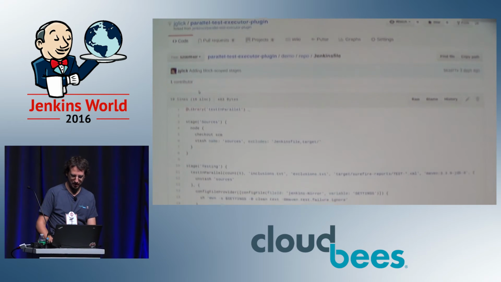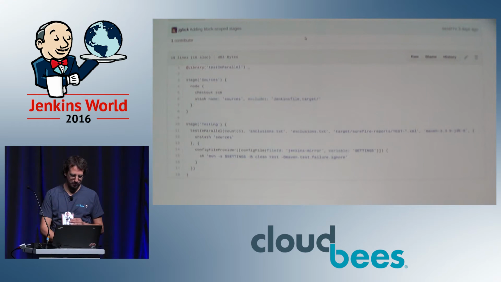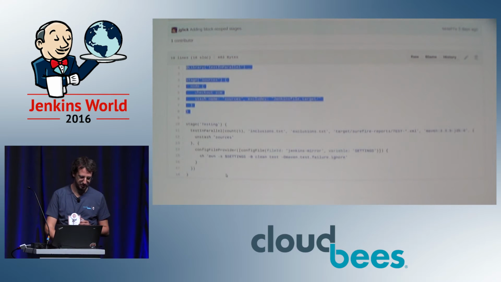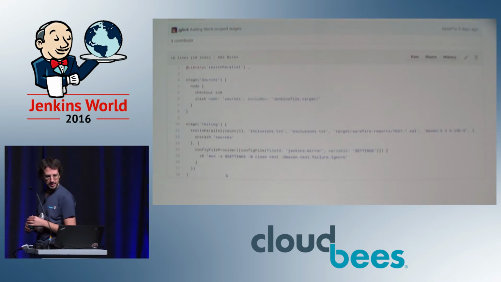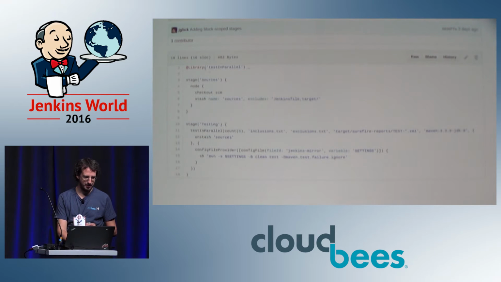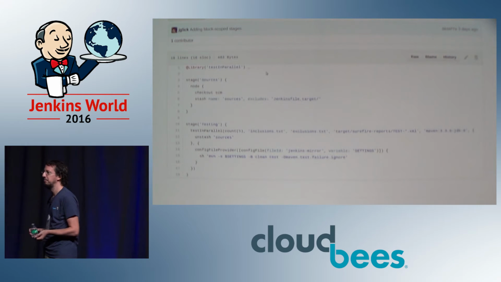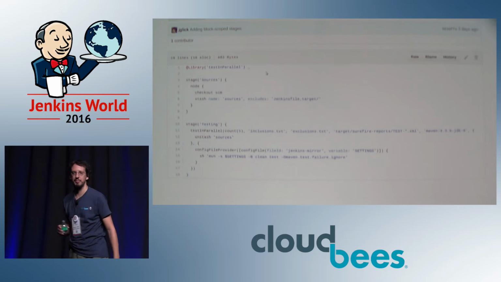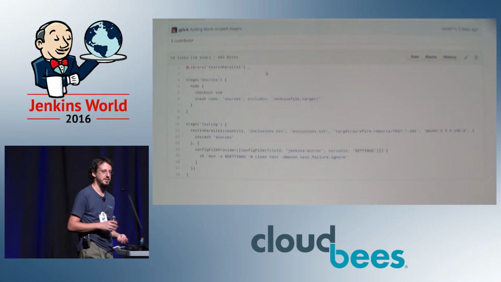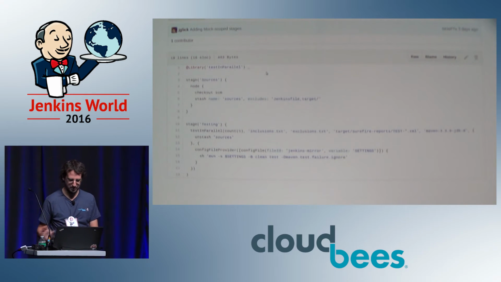This is the pipeline script that controls how Jenkins is going to build it. And you'll see that it goes through a couple of stages. It gets some source code, and then it goes through a testing stage. And what I'm going to do here is use this library marker at the top of the script that says I want to pull in a definition of a shared library that I might be able to reuse across a whole bunch of different projects. And that's going to take care of a bunch of the details of running things in parallel. So what this project is going to do,